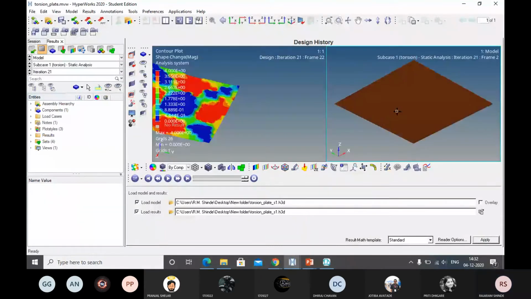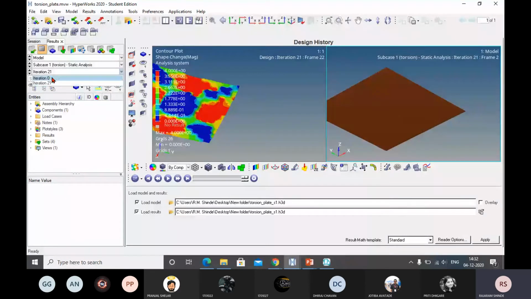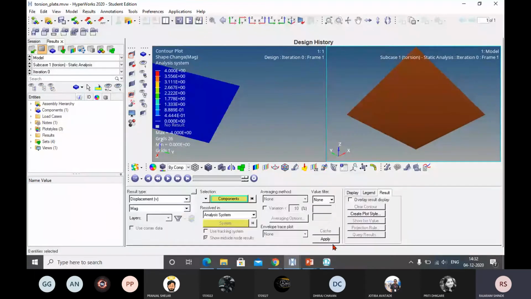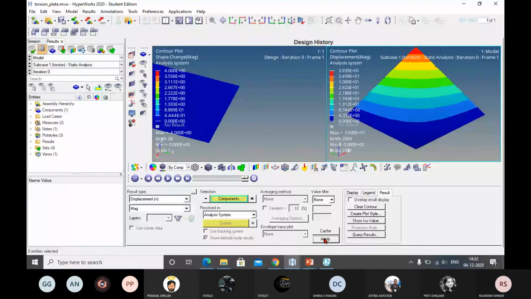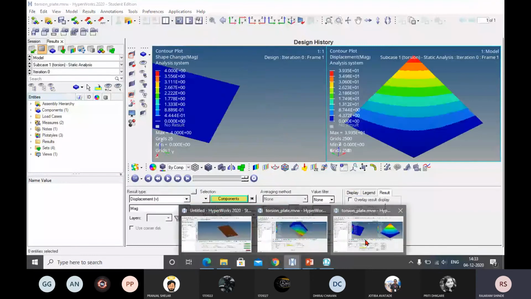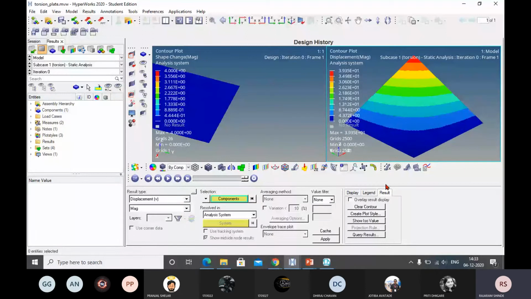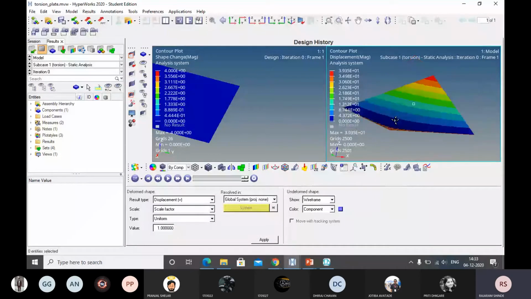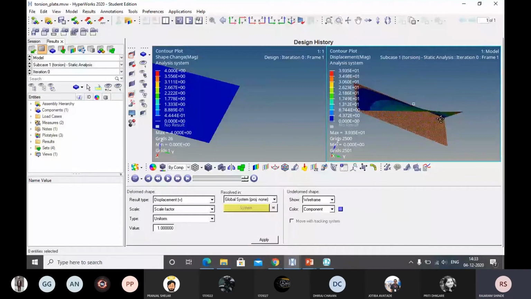Now I will go to the first iteration. If I take the first iteration, if I go to this displacement, and if I apply, again you will get the same displacement as the initially solved problem, this one. Here also 3.93. Okay, and in this window also there is 3.93. Again I will show you this wireframe. You can see here, the same displacement you got here, 3.935, into 10 raised to 1.